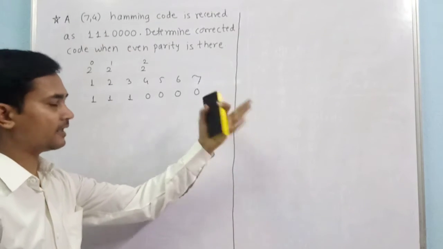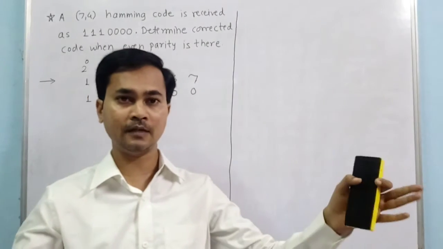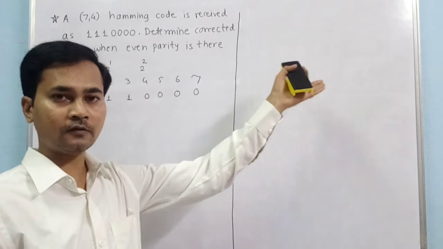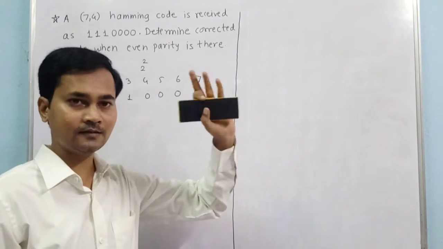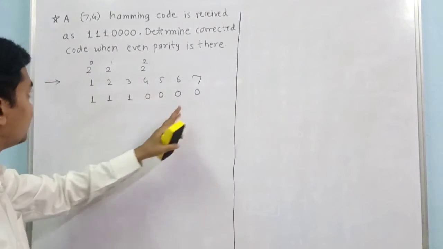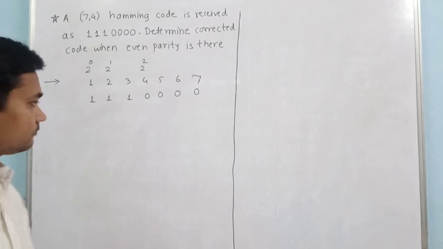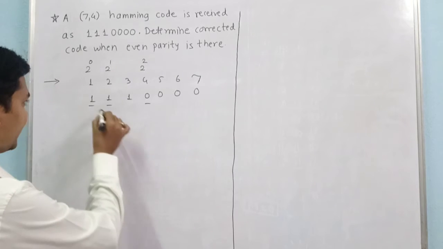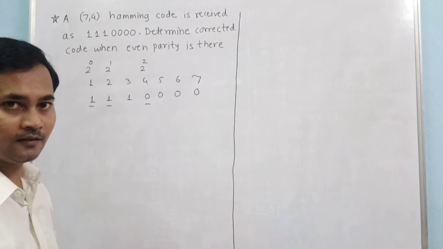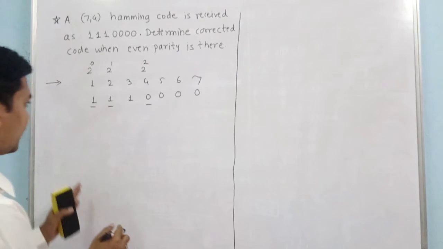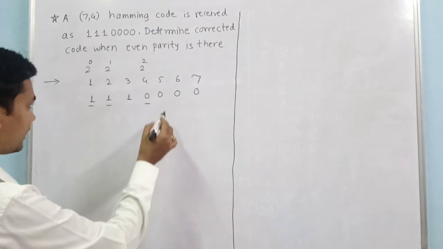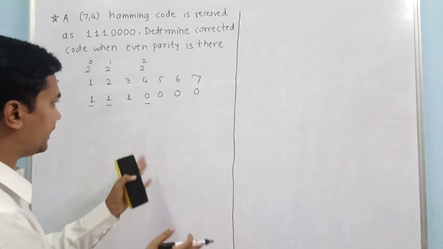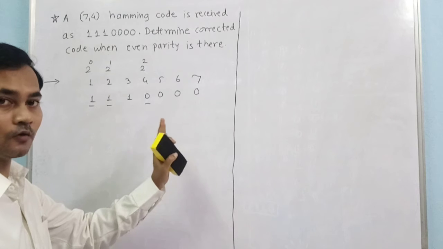In some cases the message size or the Hamming code size may be large, and in that case 2 raised to 3, 2 raised to 4 powers may be there. But we are not considering those, we are just considering the 7,4 Hamming code. We know that at these positions the parity bits are located at the receiver side. And how do we find out whether errors are there in this Hamming code, whether any bit is changed in this code or not?